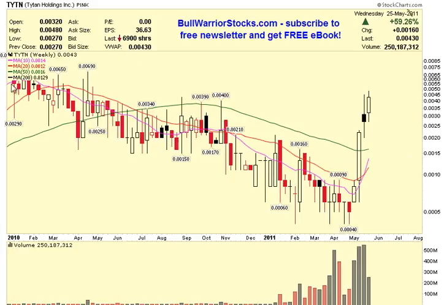Now, from a resistance standpoint, what we're looking at here is some real nice action. You can see we had a 34, a 39, a 40. So what I'm just going to do is draw a resistance line, and we're just going to call it 0.0039, just because that kind of splits the difference from all these different highs. And even if we extend the line back here, you can see that there's a history of previous highs over here. So 0.0039, 0.004, whatever you want to call it, that's the key resistance,